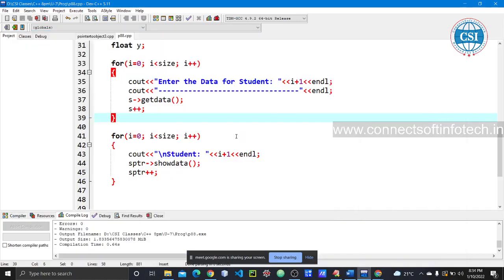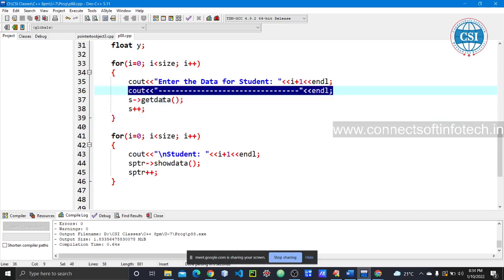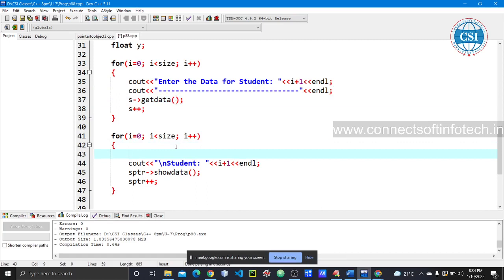Now this is okay. So enter the data for student. See here, then it is showing this. Okay, for the show we are going to write this line again for get data and s plus plus. Okay.